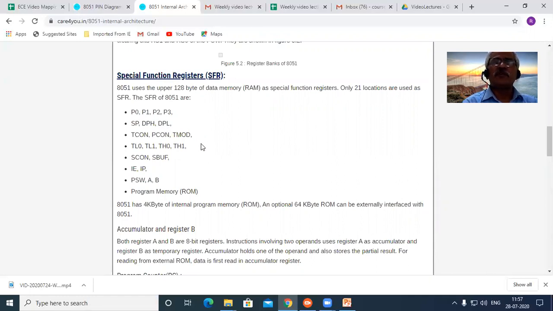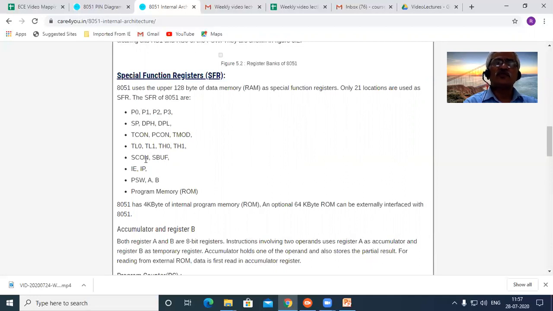Then you have the TCON, PCON, and the TMOD register for timer control and timer mode. Then you have TL0, TL1, TH0, TH1, the timer registers, 16-bit registers split into 8 bits each, using the names TL0, TH0 for the first timer register, and the second timer is TL1 and TH1.